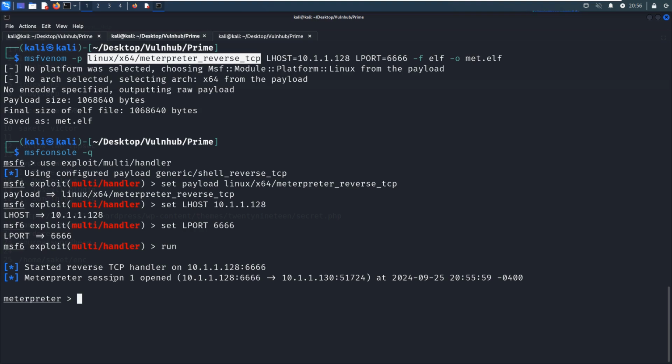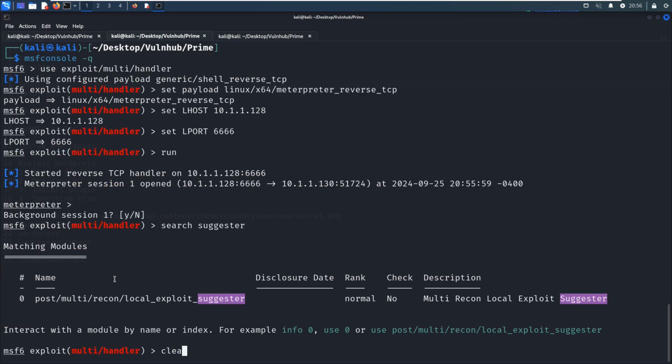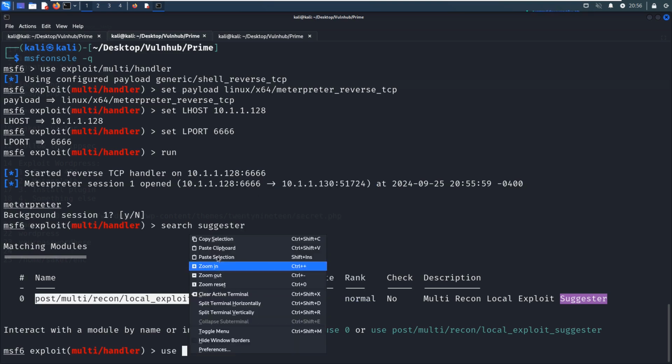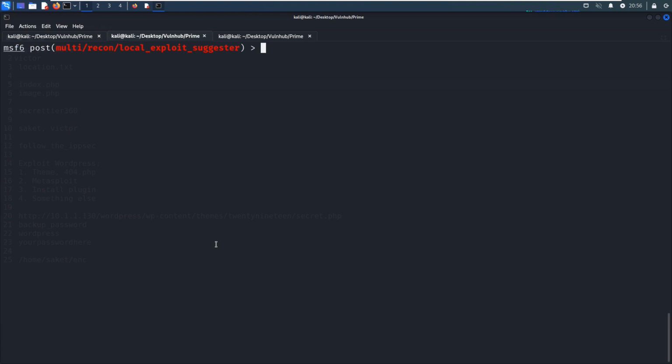Now we can execute this payload, and then we can get the Meterpreter session. Okay, we can background this Meterpreter session by pressing Control and Z, and then we can search suggester, and we can use this module. This is the post exploitation module, and we can show options.